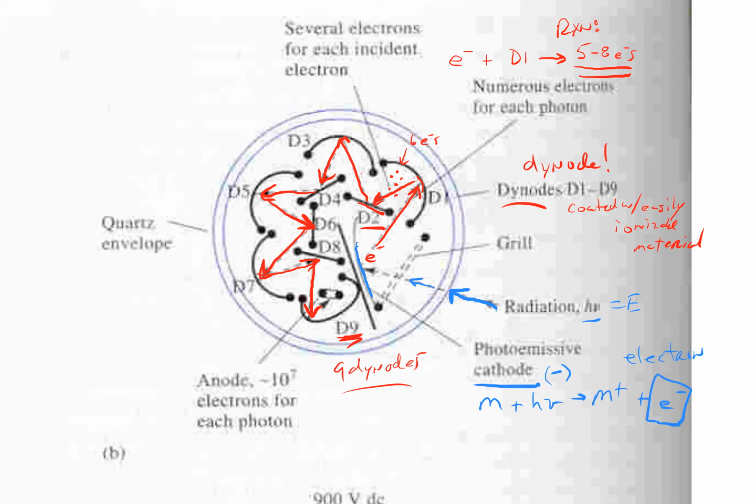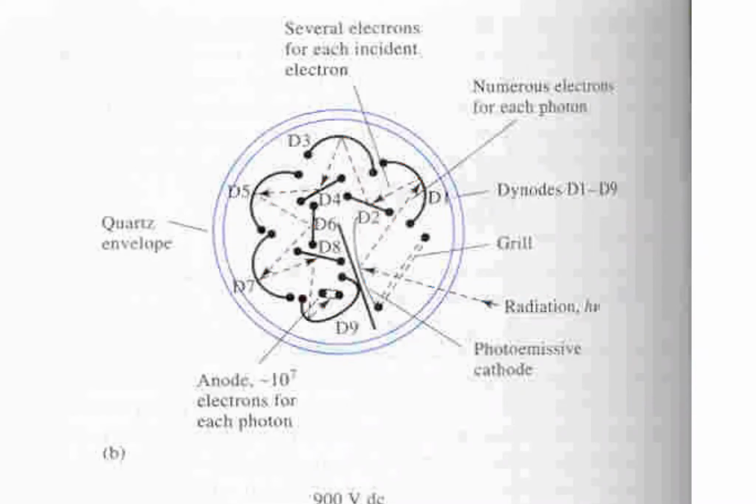So what do we do? We put one more wire electrode, the anode, inside, and any electron which comes off the dynode gets accelerated to the anode. That last dynode, dynode 9, gets accelerated to the anode, where it gets collected, fed to the outside world, producing a current that we can easily measure